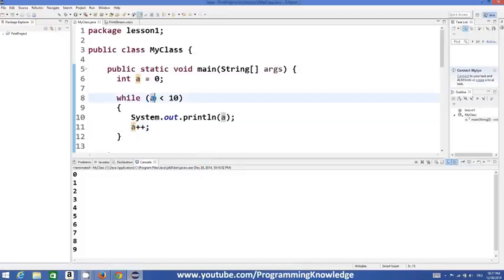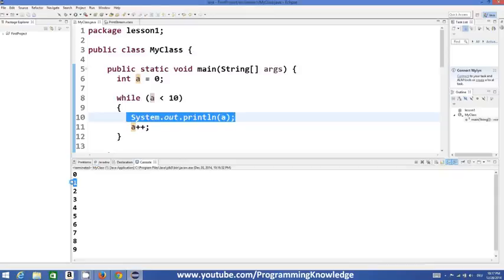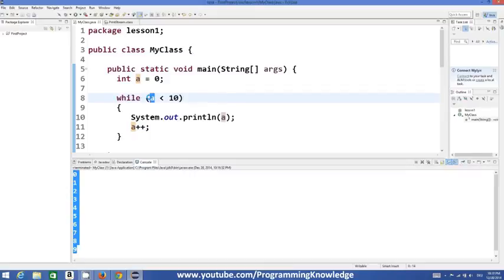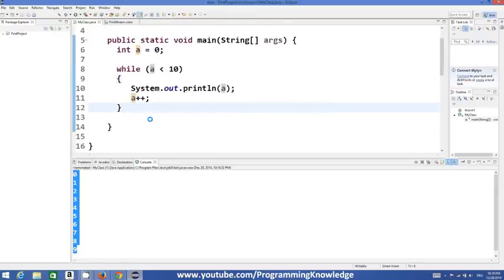Then it goes here once again, and 1 is less than 10, so it prints 1, and it executes the same statements again and again, increasing the value of a until the value of a becomes 10. So it printed the value of a until 9, but when the value of a becomes 10, 10 is not less than 10, so the condition is false and we go out of the loop,